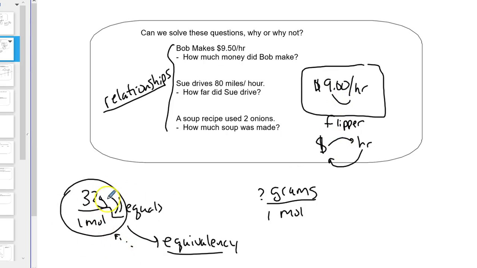So the next question could be, how many grams do we have? Well, you don't have any grams. This is just a relationship. After we're done with this, even with no idea what a mole is, you should be able to convert grams to moles and moles to grams, regardless of whether you know what a mole is or not. So with that being said, keep in mind what relationships really are.